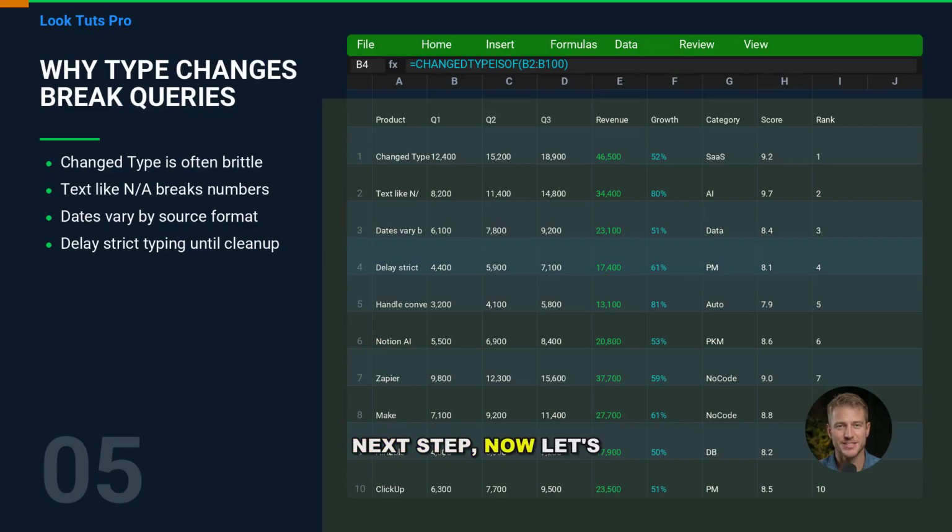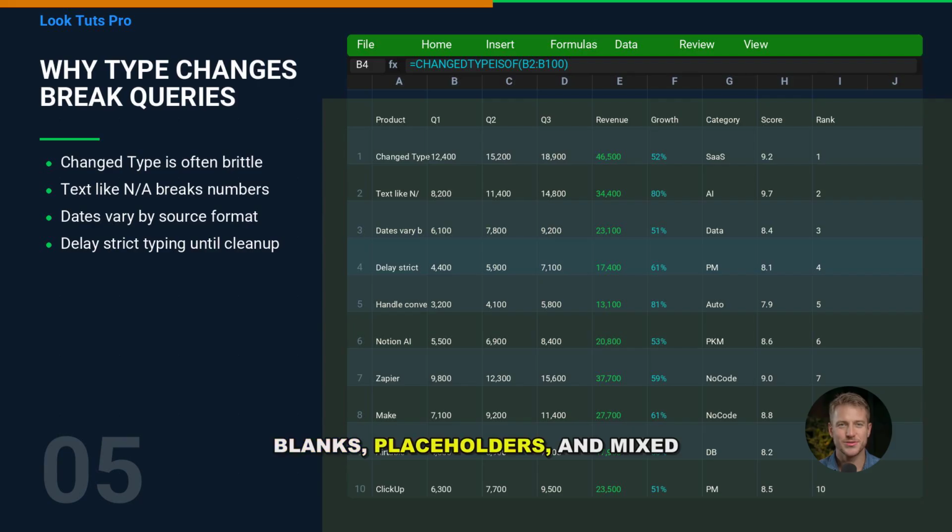Next step. Now let's tackle data types. The change type step is convenient, but it's also a common failure point. If a column that used to be numbers suddenly contains text like NA, Power Query may throw a conversion error. Even worse, it can silently turn values into nulls depending on the conversion method. The fix is to treat type conversion as a controlled operation. First, delay strict typing until after you've cleaned obvious issues like blanks, placeholders, and mixed formatting. Second, use conversions that handle errors intentionally. For example, convert with a try otherwise approach so bad values become null or get flagged into an error reason